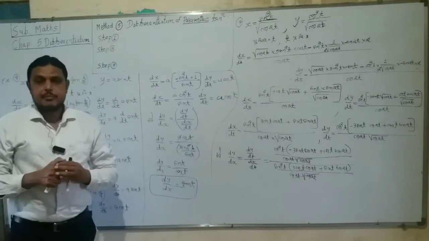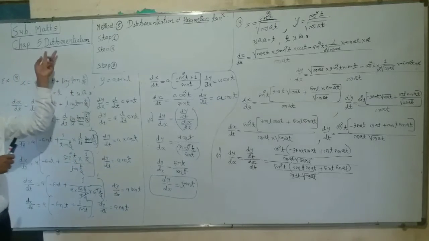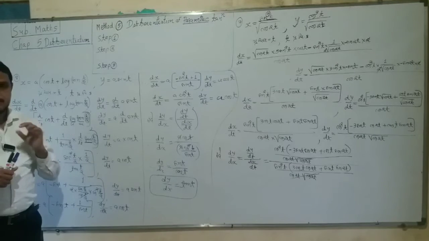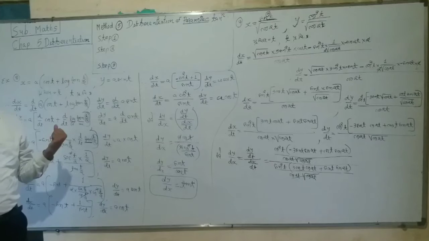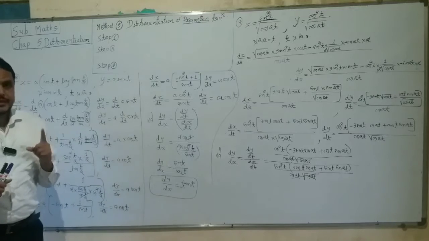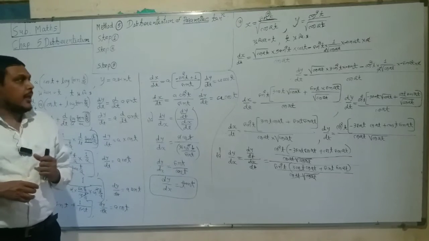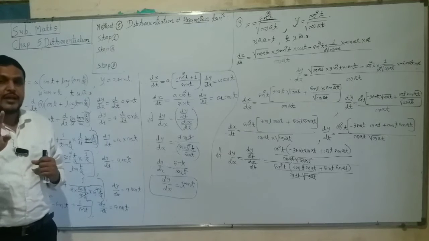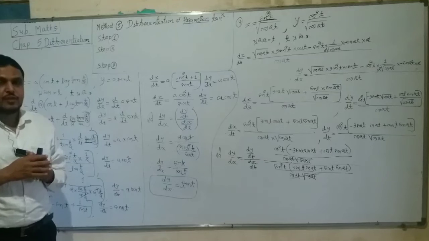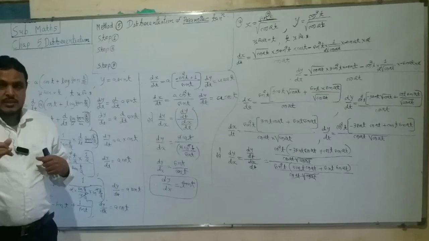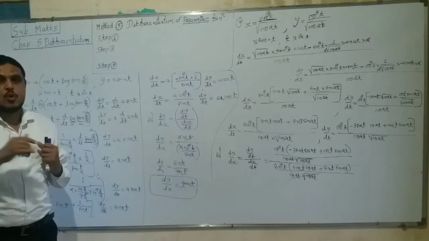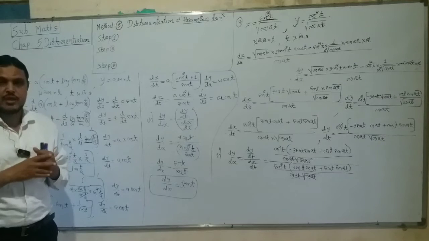We have started chapter number 5, differentiation. In earlier study, we have studied the symbols of differentiation, the definition of differentiation, 5 working rules of differentiation, 19 standard forms of differentiation, and 4 methods for finding differentiation. First one is the method for differentiation of a composite function, and exercise 5.2 and 5.4 are based on method number 1, the method for differentiation of a composite function.